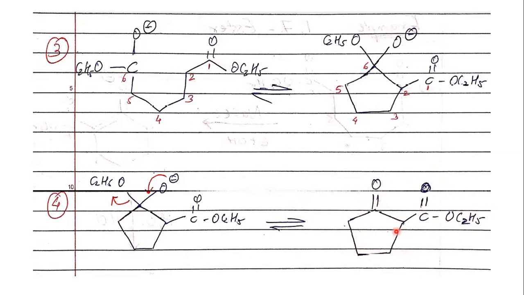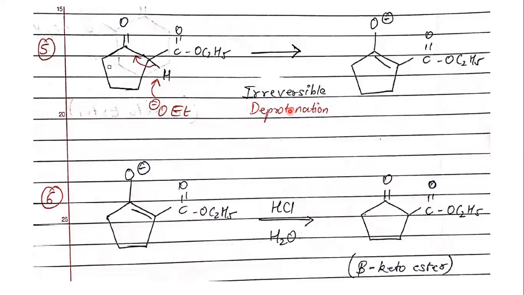The only difference between Claisen and Dieckmann: in Claisen, you may or may not get a cyclic structure. Normally, you get a straight chain structure, a straight chain beta keto ester, ethyl acetoacetate. Whereas in Dieckmann condensation, you are going to get a beta keto ester, but it is going to be a cyclic structure. Again, the same problem as with Claisen condensation: because we are using ethoxide, which is a very weak base, it has to have some driving force. The driving force has to be irreversible deprotonation.